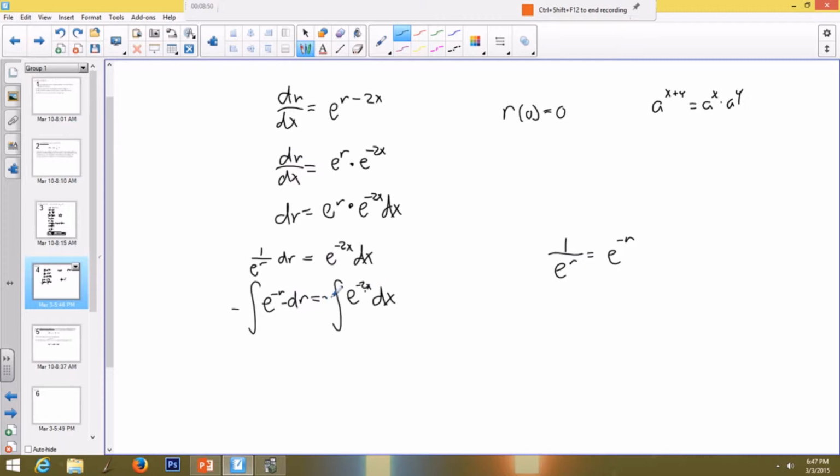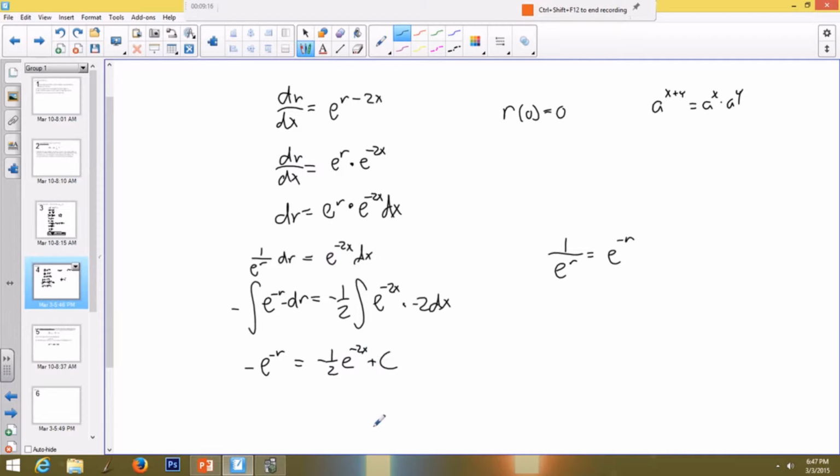So I need a negative 1/2 out front, and I need my negative 2 inside there. I'm just going to rewrite it so it looks a little bit neater. I need my negative 1/2 integral e to the negative 2x times negative 2 dx, and now I can integrate both of these, and I have negative e to the negative r equals negative 1/2 e to the negative 2x